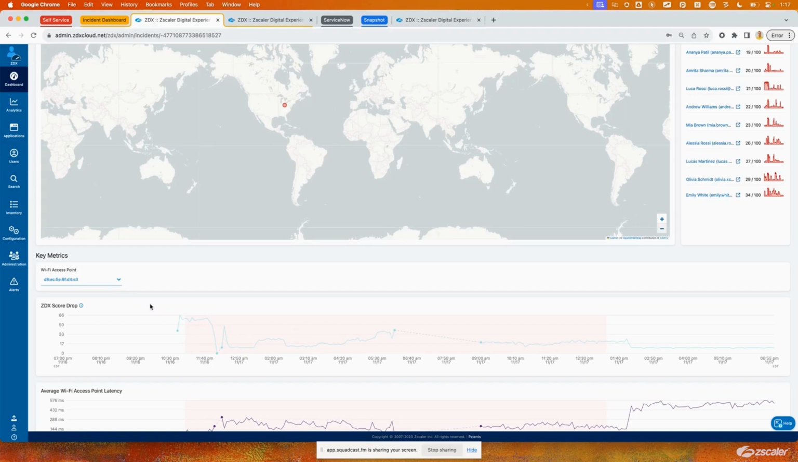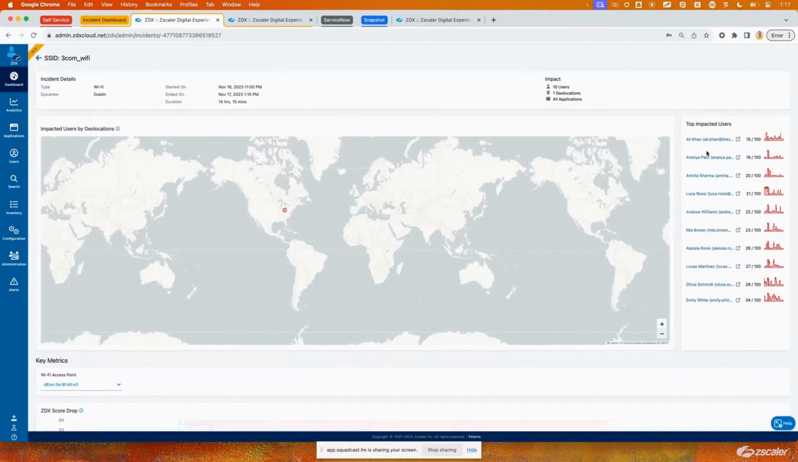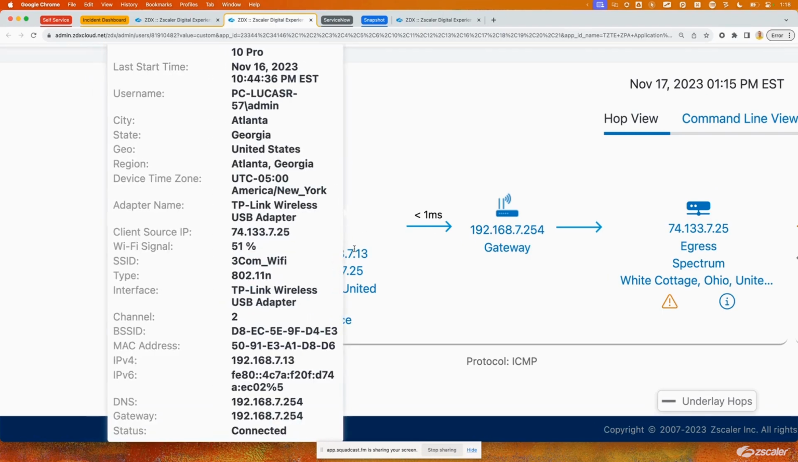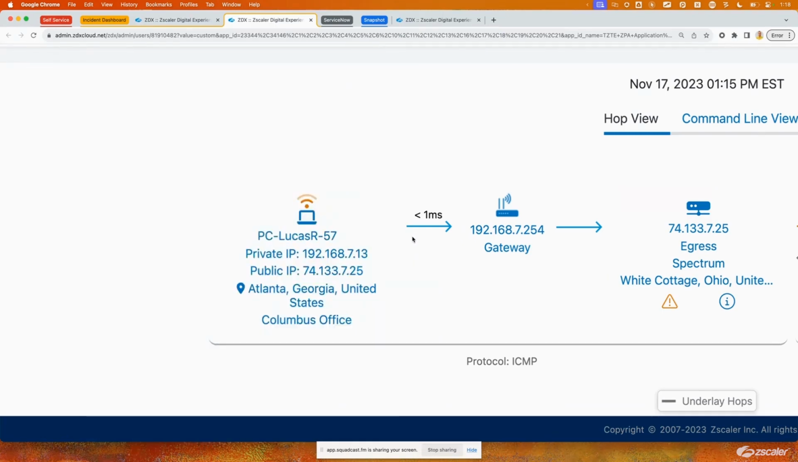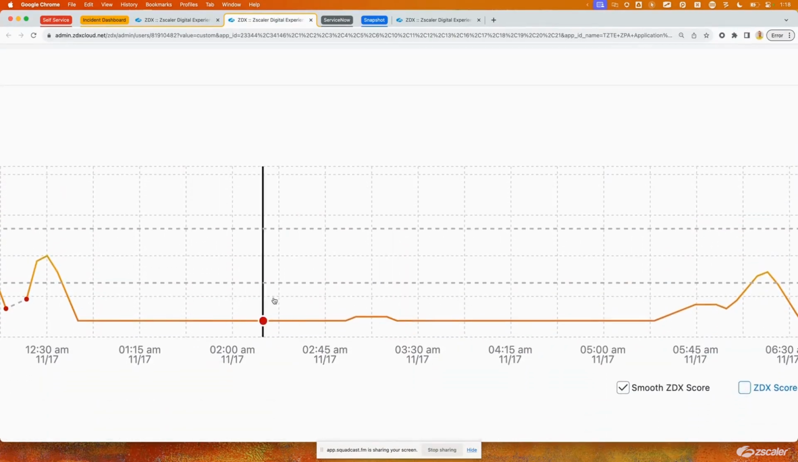So I have that access point, I have the score drop over time, and I also have all of the users who are impacted because of that poorly performing access point. Right. Wow. And not just that, I can keep drilling down. I can click on one of these users and see what his or her performance looked like before and after. So I'm at this user, Lucas, and I can see that there is degraded signal strength, and the ZDX score for this user has been in the red category for a long